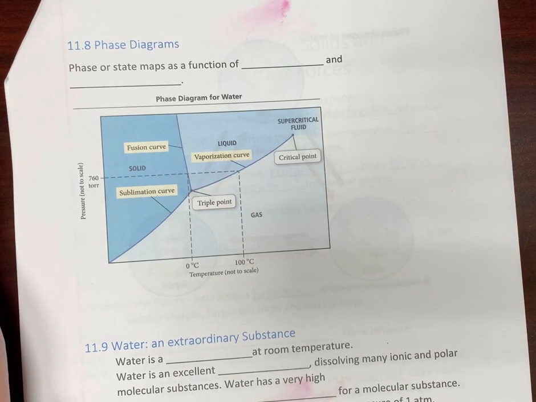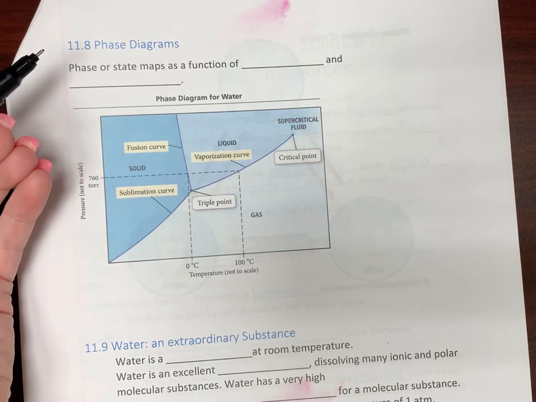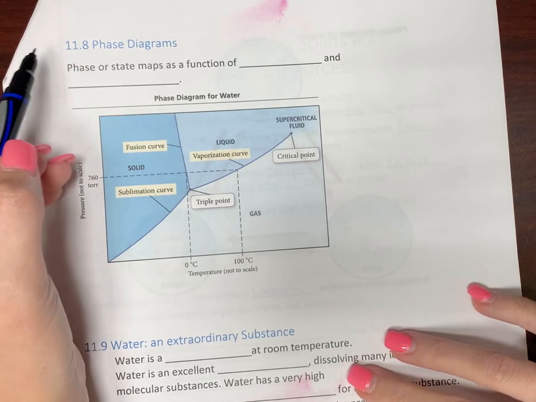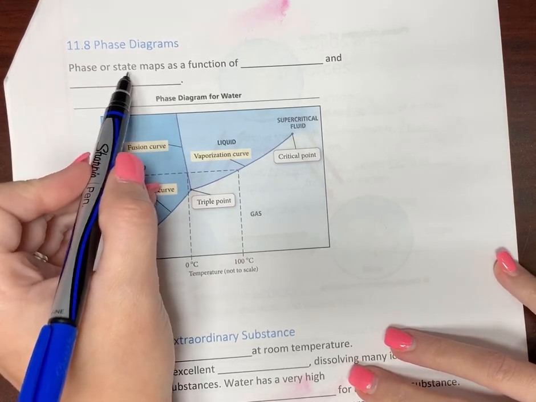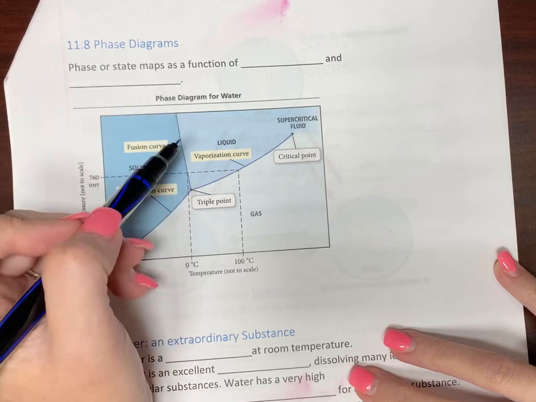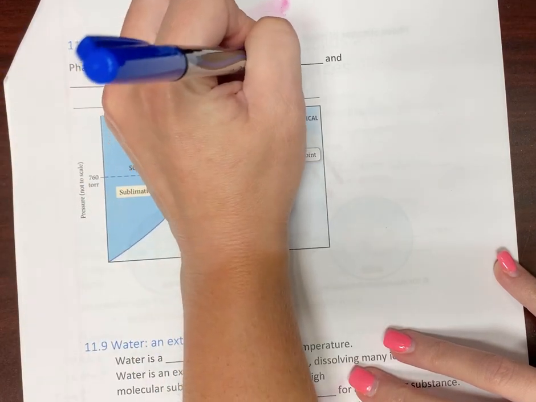We've previously discussed the heating curve of water. Now we're going to talk about a phase diagram. A phase diagram is similar but different, of course. It has to do with phase or state. That means solid, liquid, or gas. That's what that means. As a function of both pressure